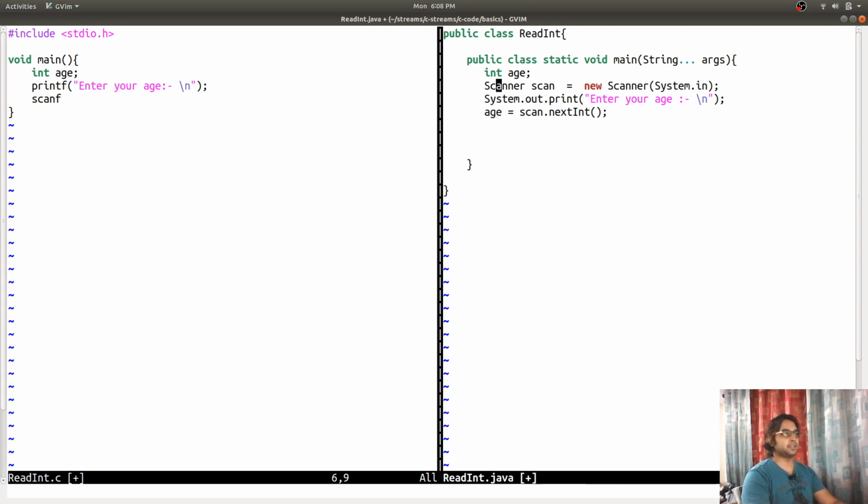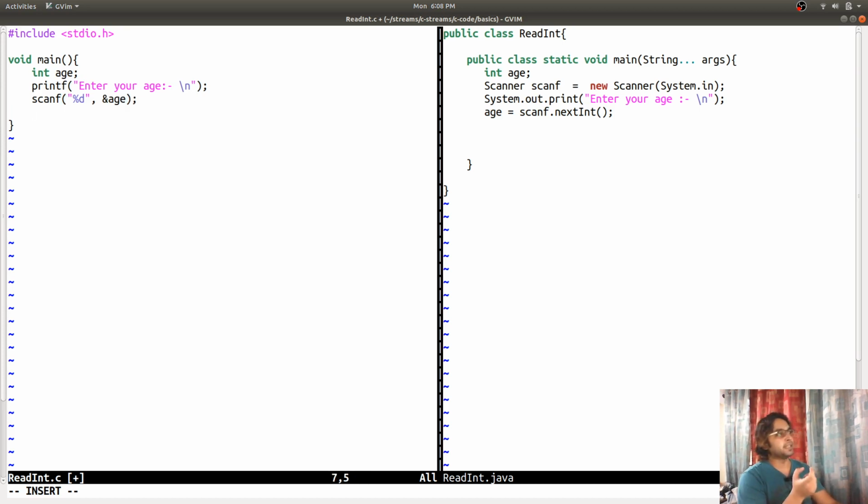Let me name this scanner as scanf. scanf, percent d, to tell it that we are going to read an integer, and we are going to use ampersand age to say that read this integer and put that integer at the address pointed to by the age variable. And int reading is done in both Java and in C.